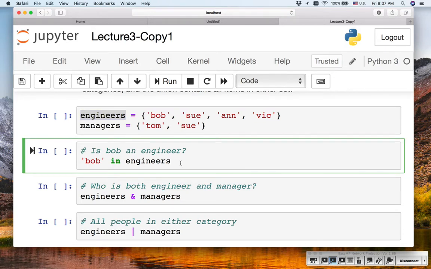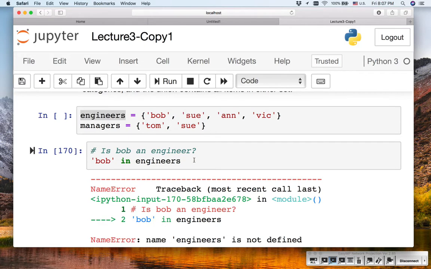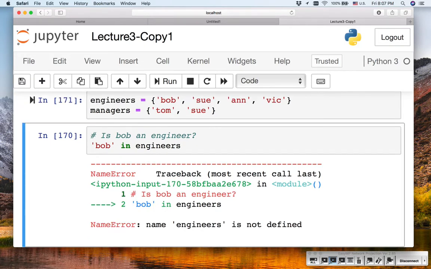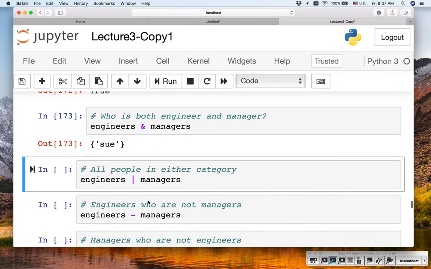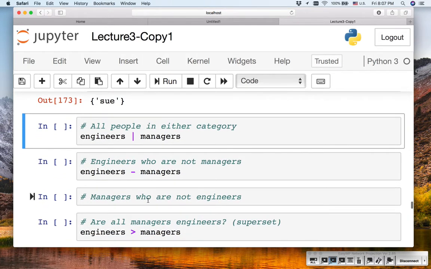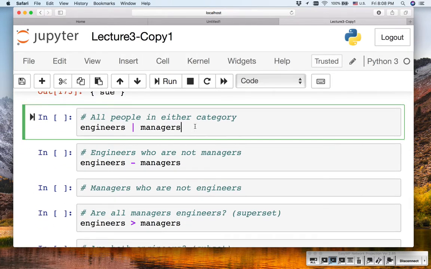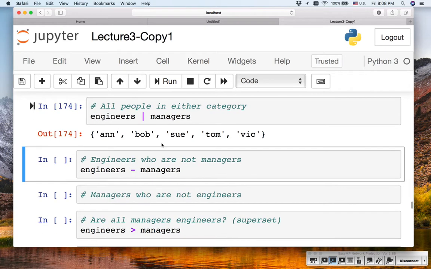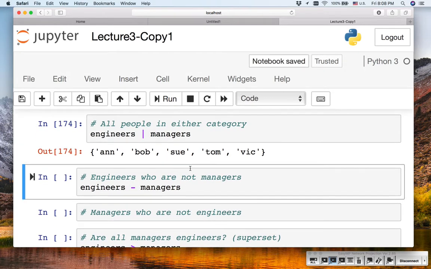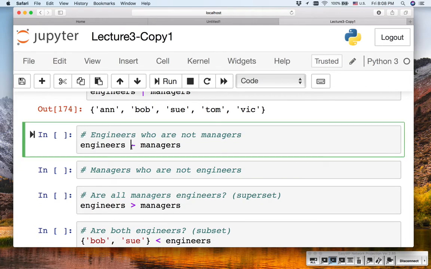say, is Bob an engineer? Oh, because I didn't define this. Yeah, so Bob is an engineer. You can also check who is both engineer and manager by just taking the and. It gives you the intersection. Or if you need the name of everyone in these data sets, all engineers and managers, you take the union, and it gives you the name of everyone. Or you can also say, who are the engineers who are not managers, by just taking this difference,